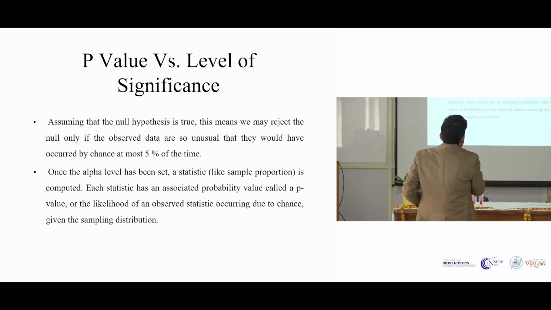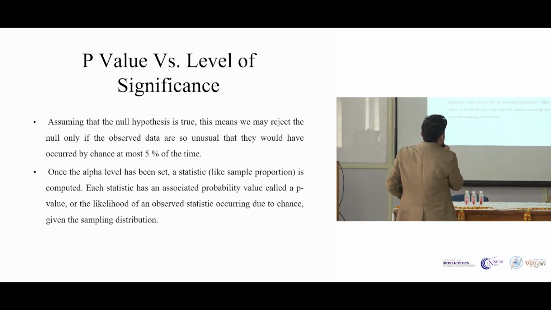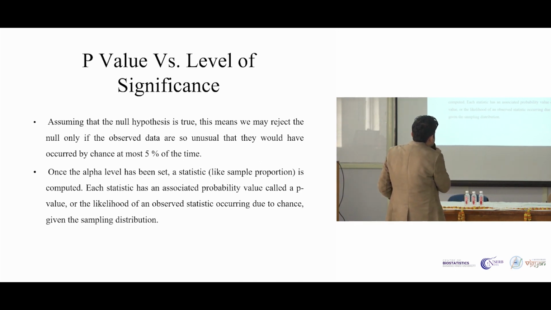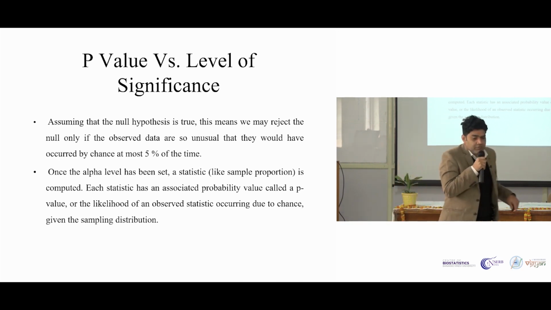Once the alpha level has been set, a statistic like sample proportion is computed. Each statistic has an associated probability called the p-value, or the likelihood of an observed statistic occurring due to chance, given the sampling distribution. What is happening, what we have written over here? We have